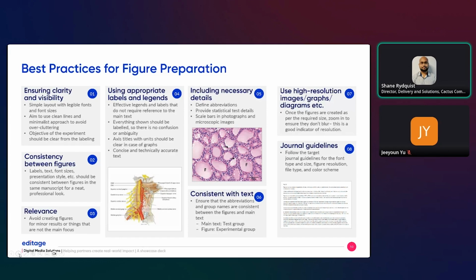Therefore, to ensure clarity and visibility, you should ensure that you always have simple layouts with legible fonts and font sizes. Typically, the type of font that you are allowed to use and the font sizes that you are allowed to apply are generally mentioned in the figure guidelines that a journal typically has. Once you apply these guidelines, you should aim to use clean lines and a minimalist approach towards creating your figure